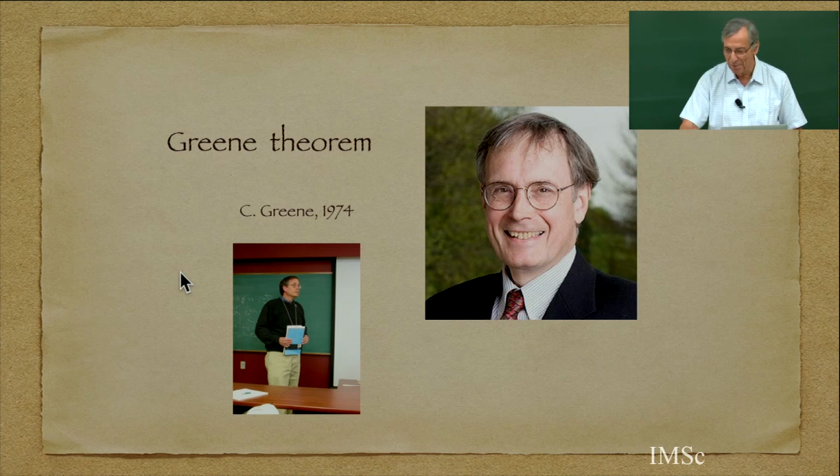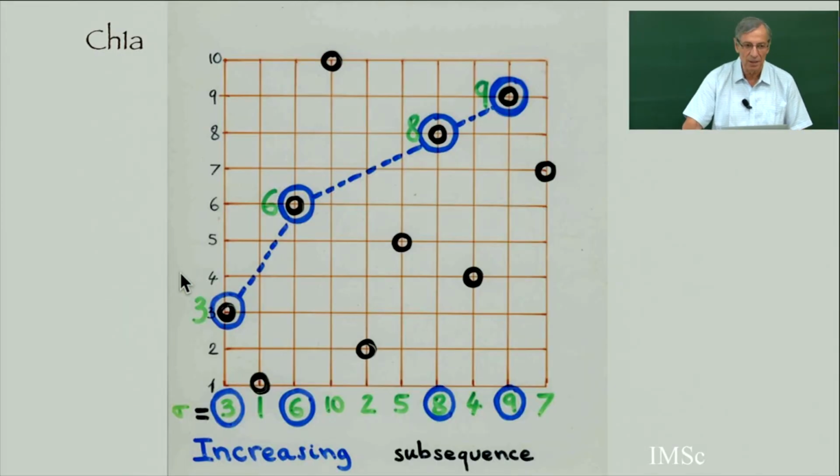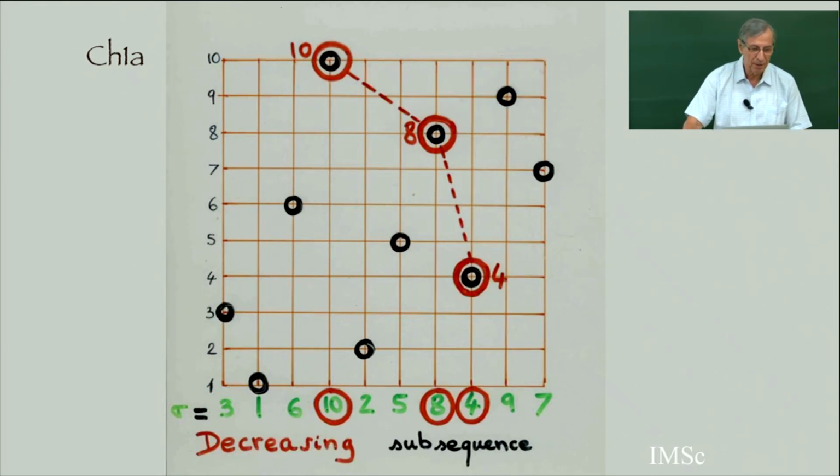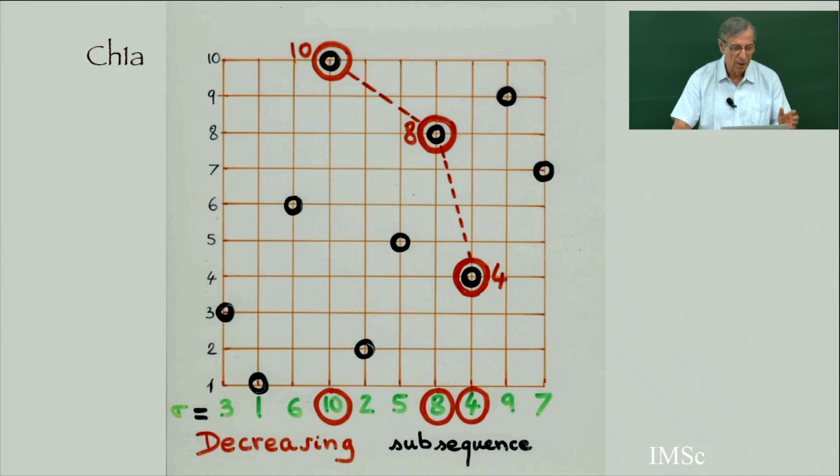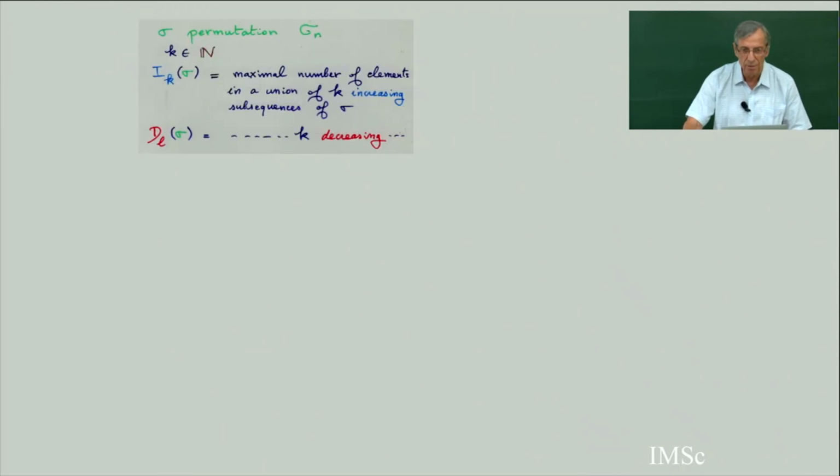So the Greene theorem, we have seen this in the previous lecture, with increasing subsequence and decreasing subsequence of a permutation, and we show that the maximum cardinality of these 2 notions gives you the number of elements in the first row of the P symbol or Q symbol, and the first column. And the Greene theorem gives you an interpretation for all the rows, for the general shape of the Young tableau, the Young-Ferrers diagram associated to the Robinson-Schensted correspondence.